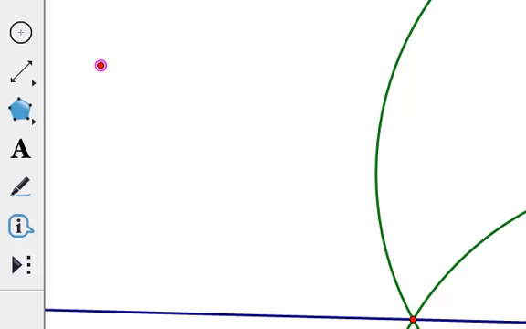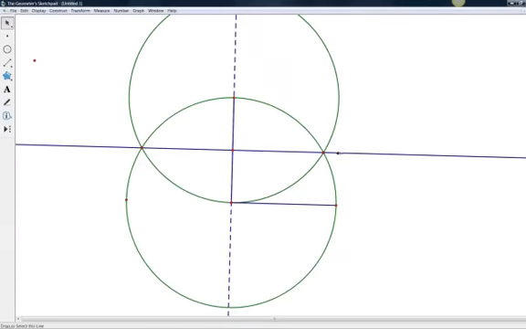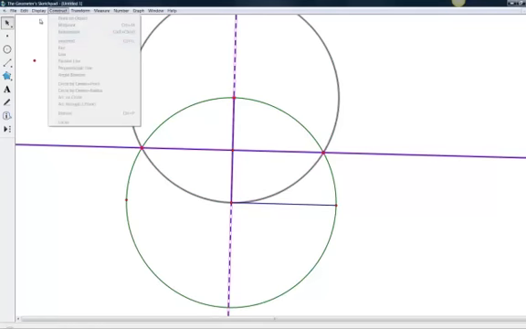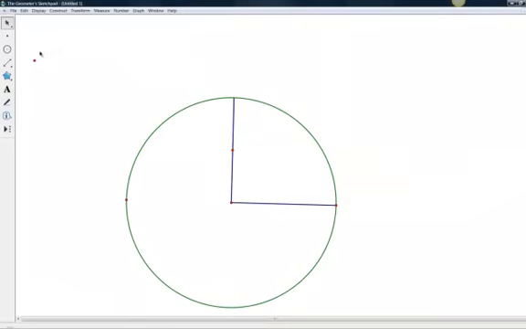And again, we can use the hide features to hide the unnecessary objects that we don't need to use anymore. And then again, we go to display and hide objects. Then from here, we can create a segment from this point, and then we can construct a circle centered at this point, the radius going to the origin of this other